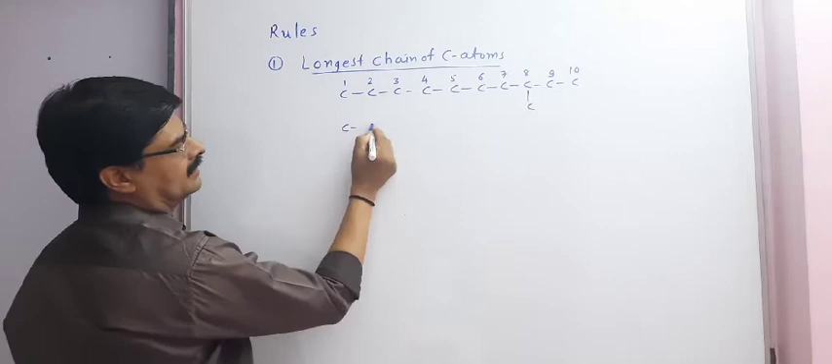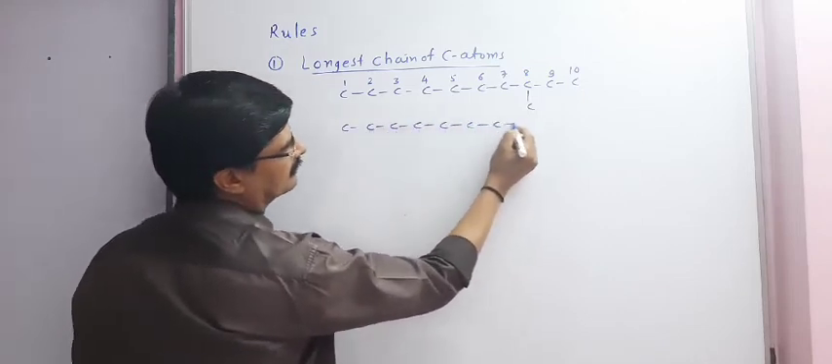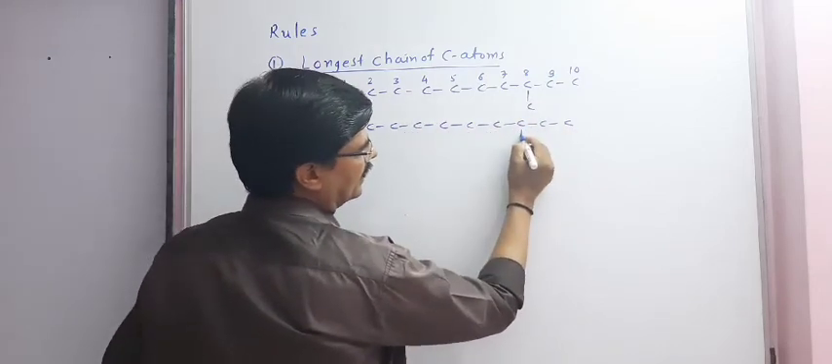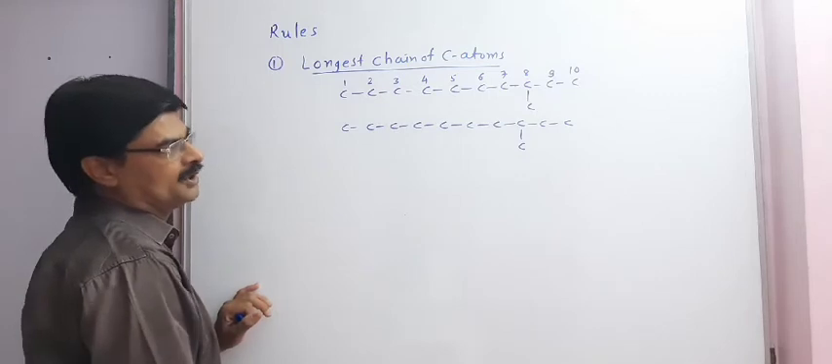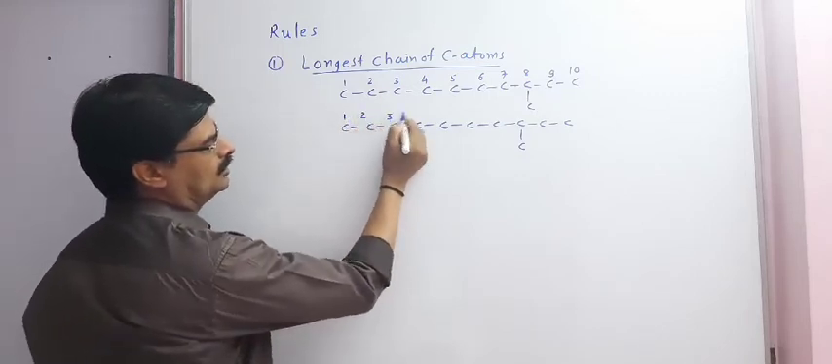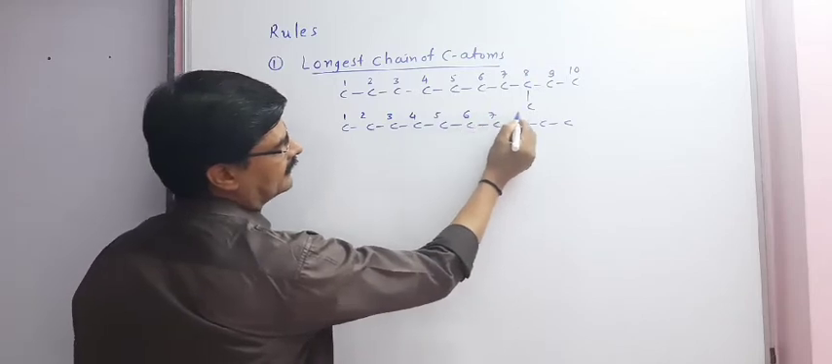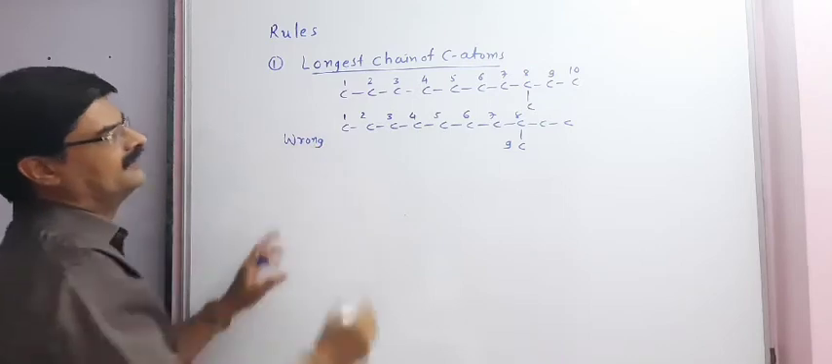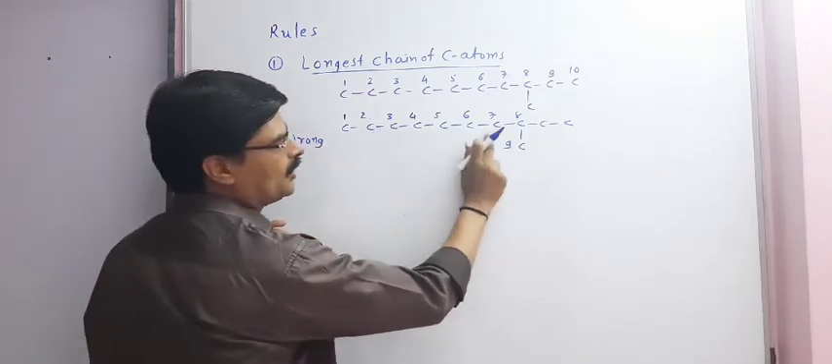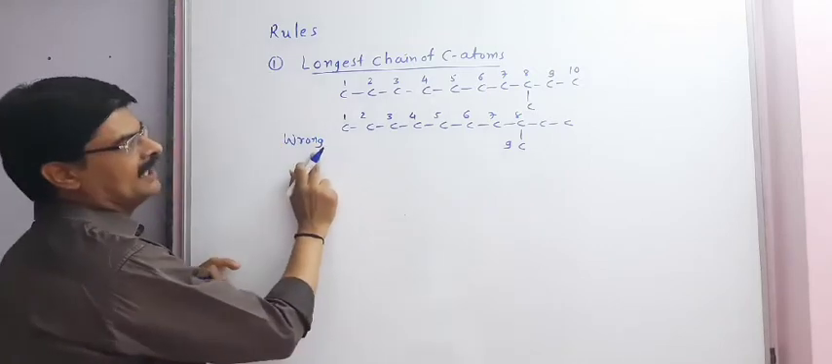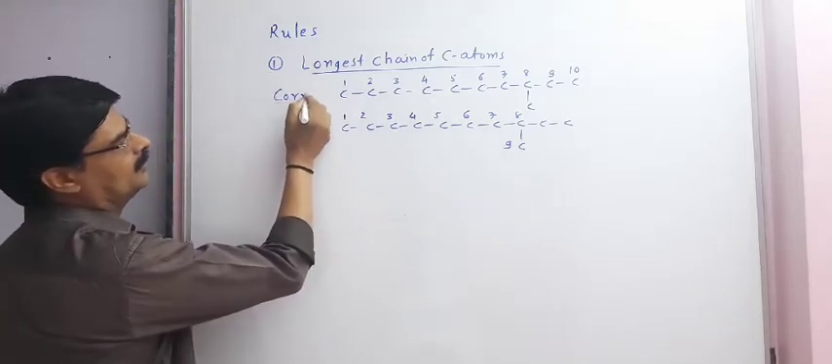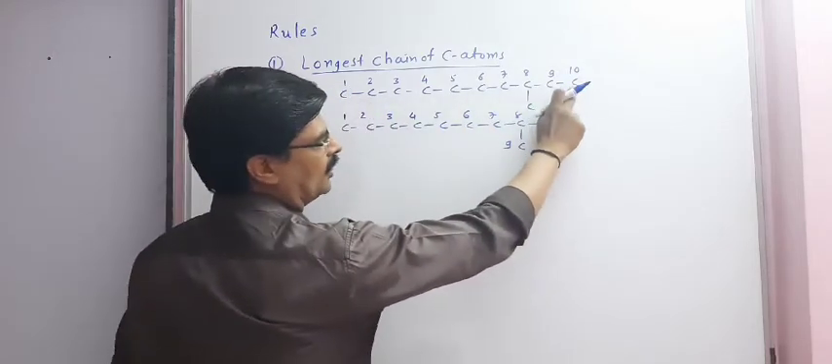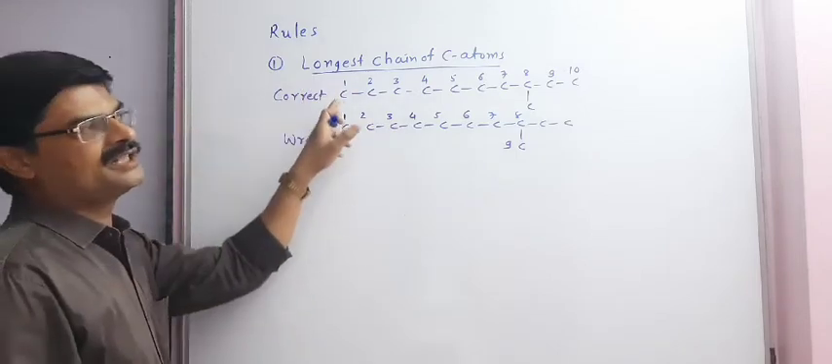Now another way, the same compound is written 1, 2, 3, 4, 5, 6, 7, 8, 9 and 10, and here we have one more carbon as a substituent. Starting from here 1, 2, 3, 4, 5, 6, 7, 8 and 9. So this will be the wrong way, because here the longest possible chain of carbon atoms we get is only 9. That is why this one will be the correct way. The correct way to give numbers is 1 to 10, that will give us the longest chain of carbon atoms for